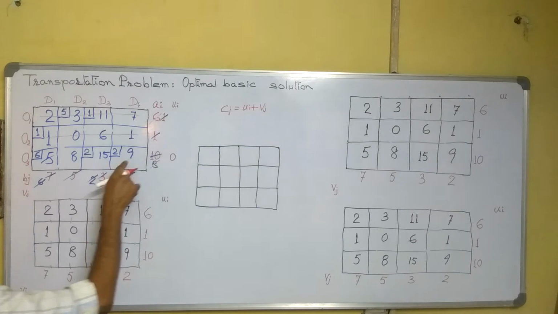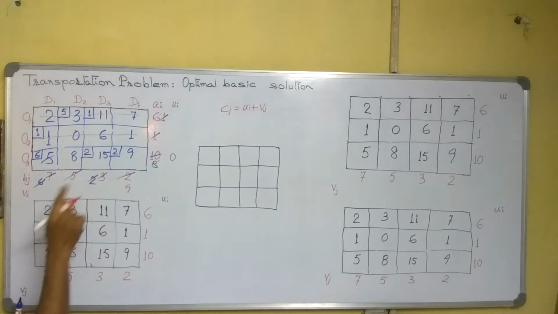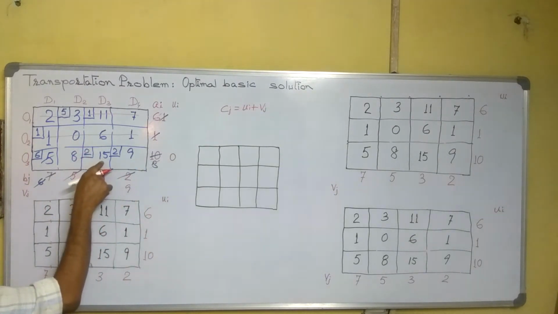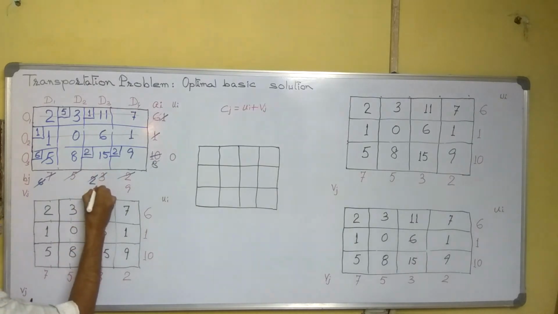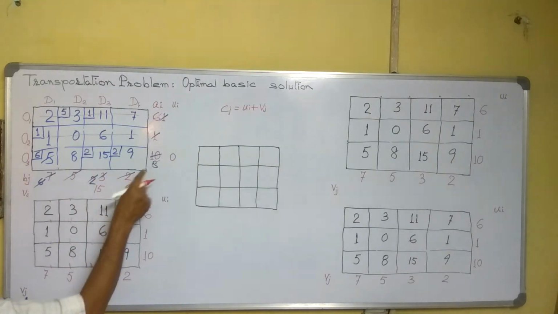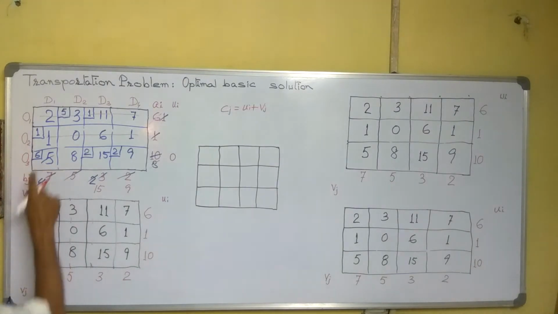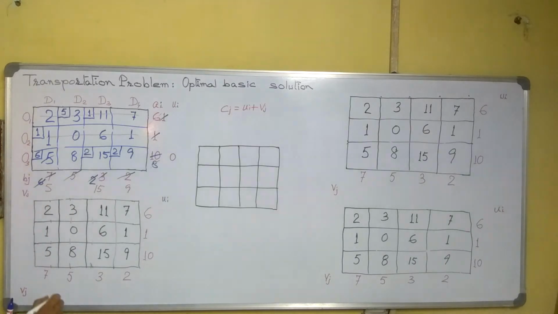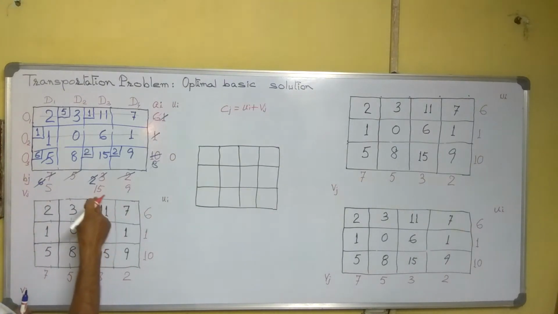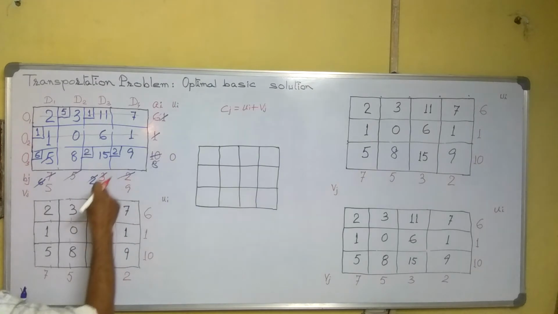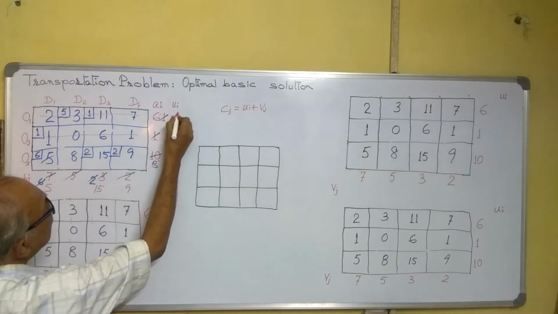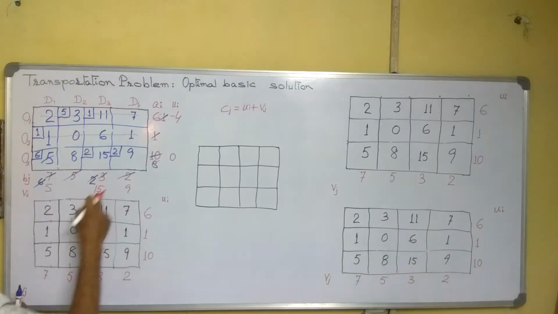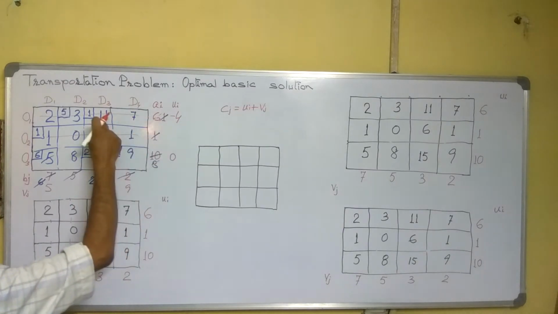Now here 0, 15 is here. Remember, don't see this allotted value, that Cj is 15. So it will be 15. Then 5 is here. 0 plus 5 is 5. Now we can go to here, 15 is there. Here 11 is there. So 15 minus 4 equals 11. See here, 15 minus 4 equals 11.